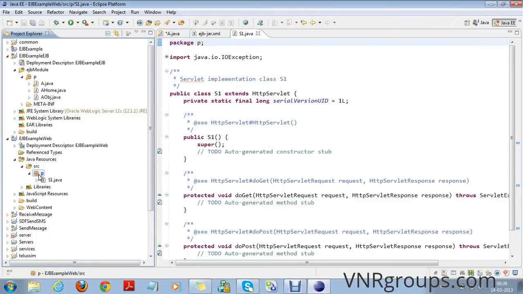The client also needs the component interface and home interface to call the EJB methods.